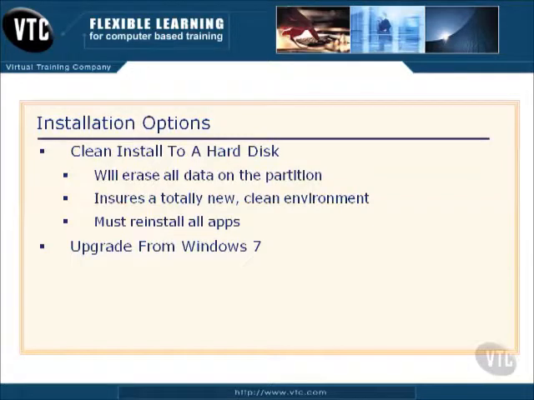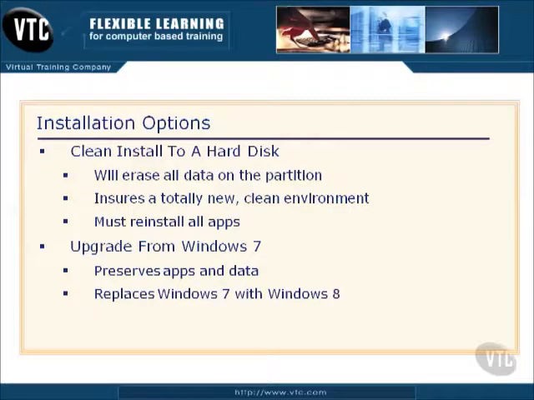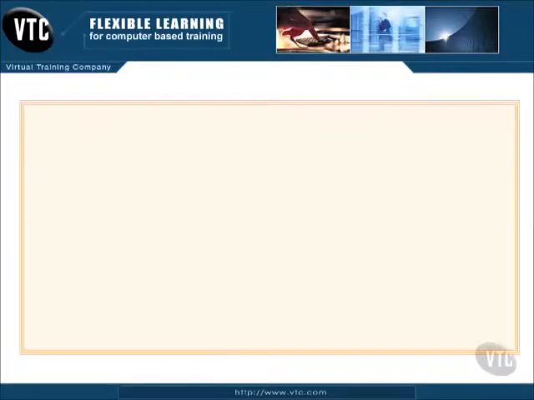Now you can upgrade from Windows 7, and this will preserve your apps and data, and I would refer you to Microsoft.com for specific information on upgrading and what versions you can upgrade from and to. But the general rule is, if you have a legal copy of Windows 7 and then you buy a legal copy of Windows 8, you shouldn't have any problems upgrading from that. This will again preserve your apps and data. It replaces the Windows 7 operating system files with Windows 8. It will put old Windows 7 files that you might need in a folder called Windows Old,